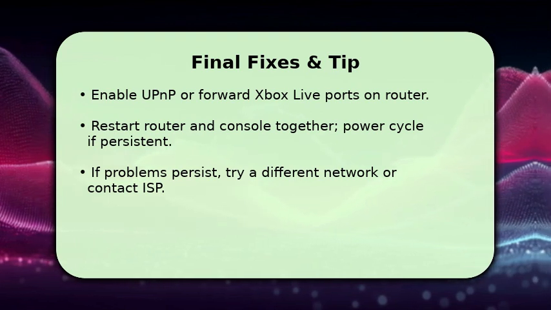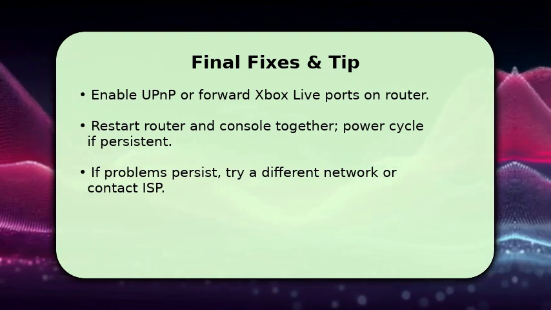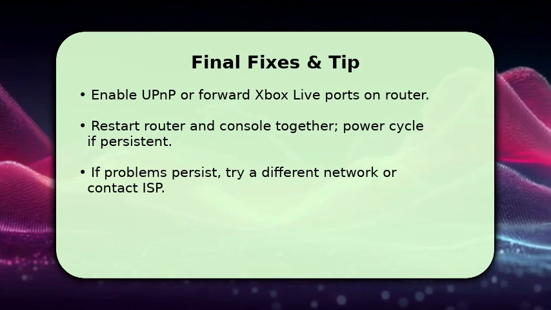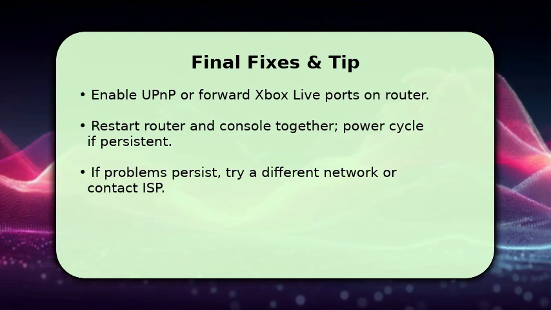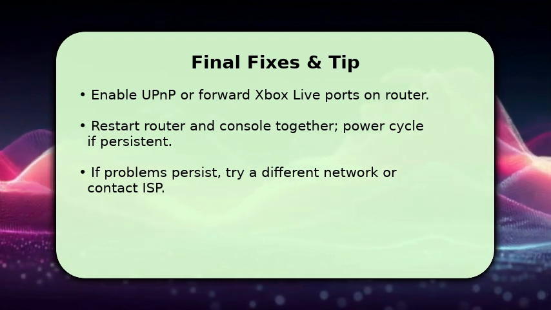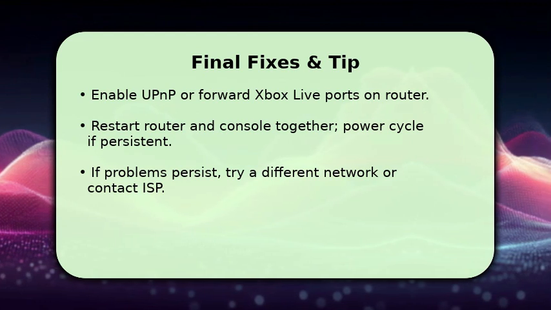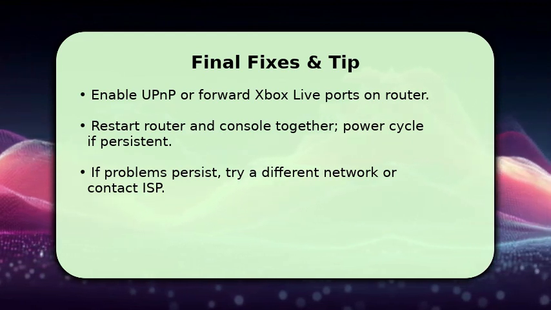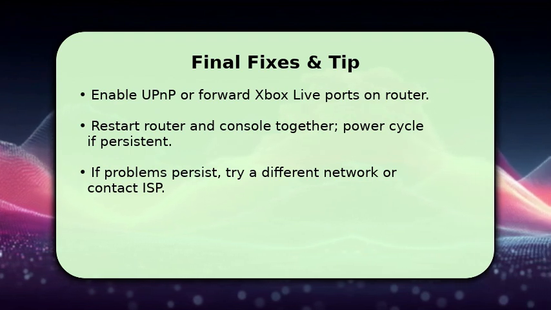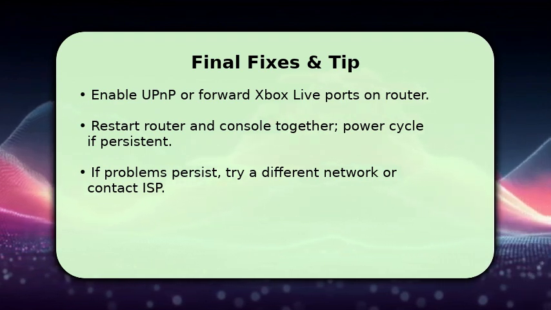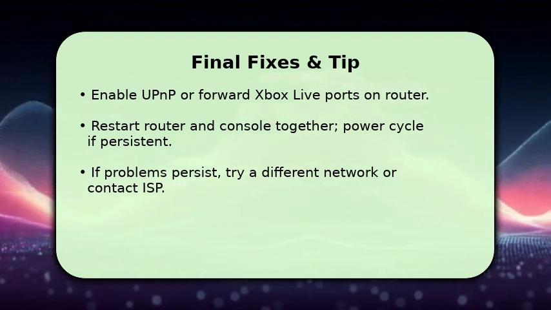After making changes, restart both router and Xbox together, and if needed, fully power cycle the router by unplugging for 30 seconds. Make sure firmware on the router is up to date and that CoS isn't throttling your console. If you still see issues, test the console on another network to isolate ISP or hardware faults. If faults continue, contact your ISP or Xbox support with your test